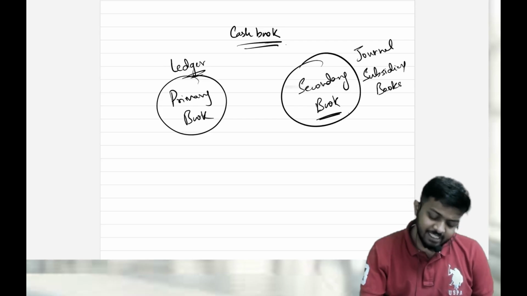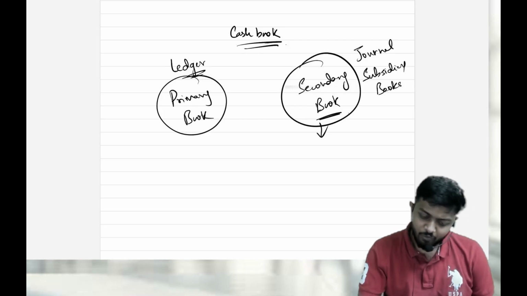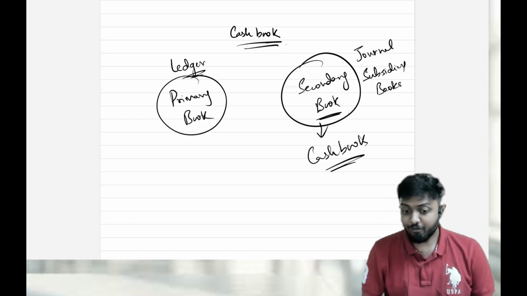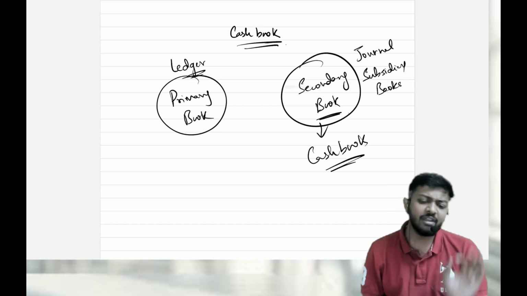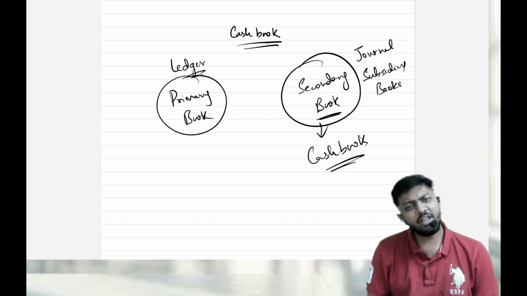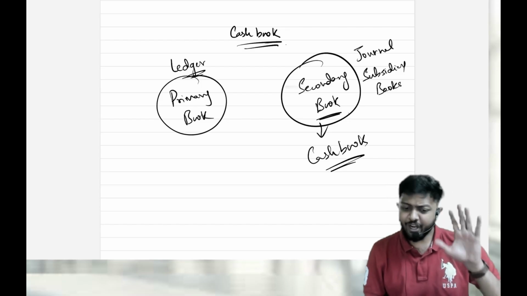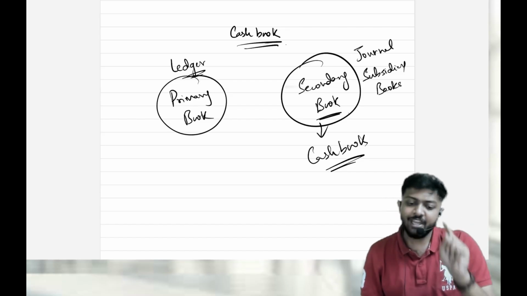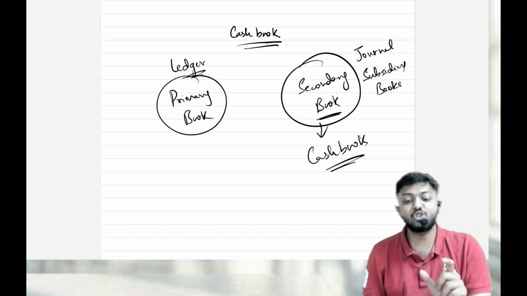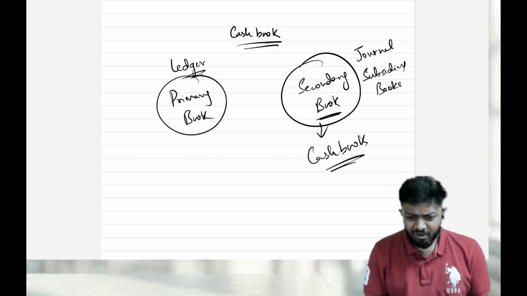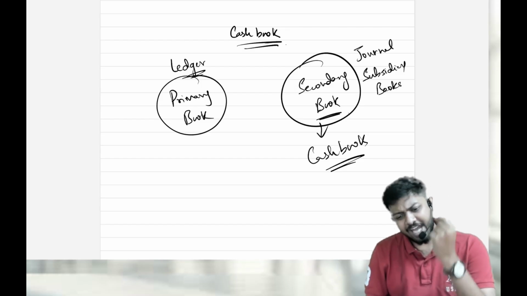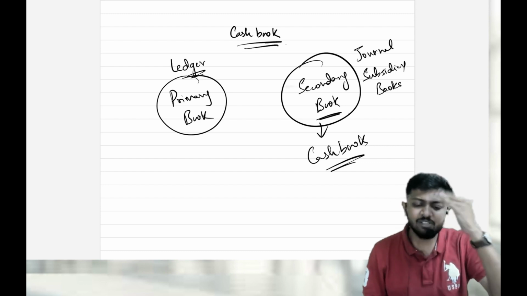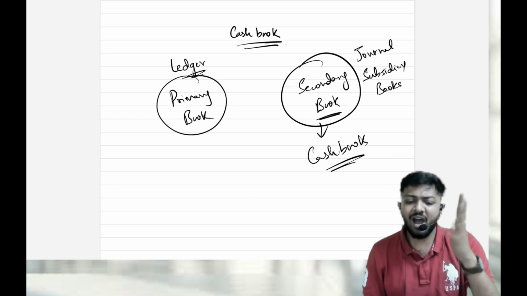Now see, one of the secondary books we know is the cash book. We saw the format of the cash book also, single column cash book. It was exactly like a ledger, no? Now tell me, if you record any transactions in the subsidiary book of cash book, do you think there is a need of posting those entries to the ledger again? No. Because the format of the cash book was already like a cash ledger. Why will you record it two times?